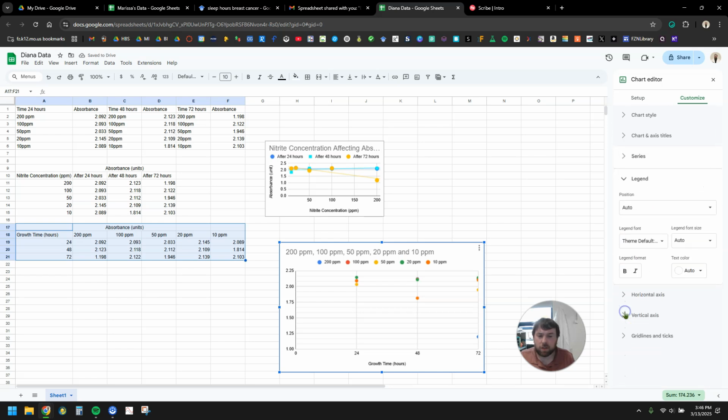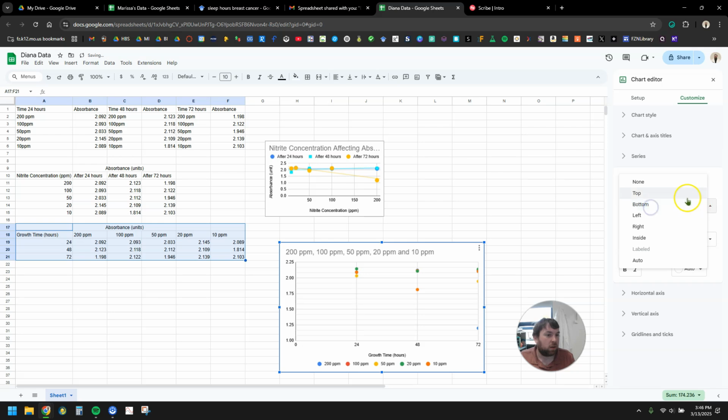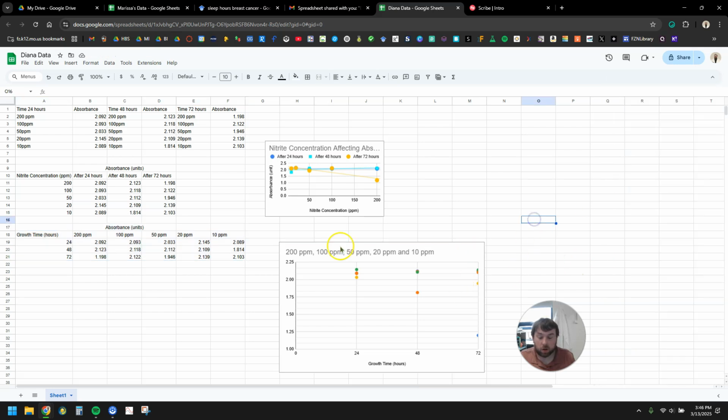Finally, one thing you can change is the legend itself. If you don't like it at the top there, you can always put it on the right side only, or at the bottom underneath everything, or not have a legend at all and explain it in a caption instead. That's fine too. No matter what, once you have this graph, let's say you want to put this into your